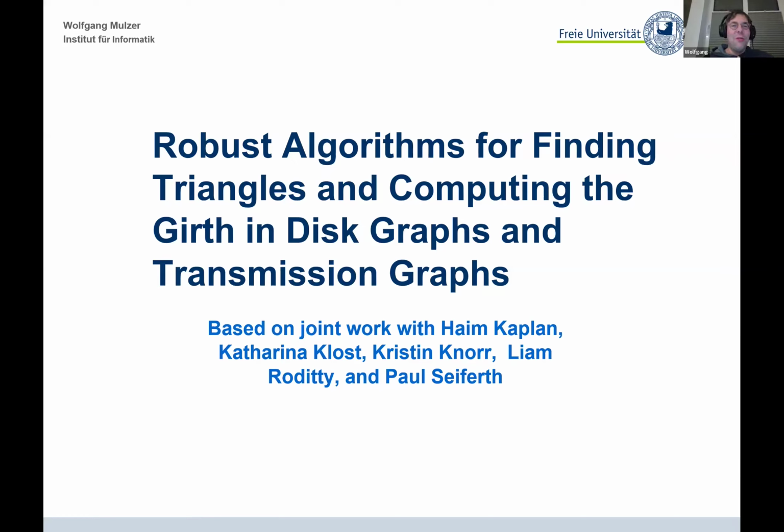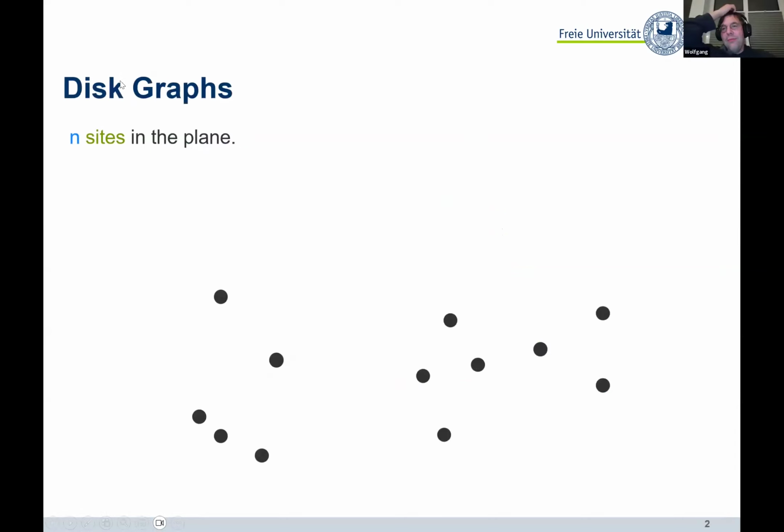So I will talk about robust algorithms for finding triangles and computing the girth in disk graphs and transmission graphs. The talk will have two parts. First I will talk about triangles and the girth in disk graphs and transmission graphs. And then I will talk about robust algorithms, what they are, and how they come into play. But now we just talk about disk graphs and transmission graphs,